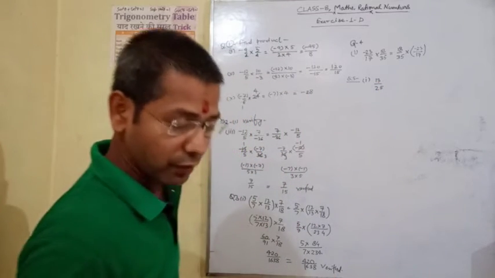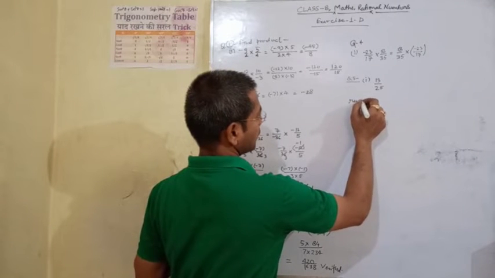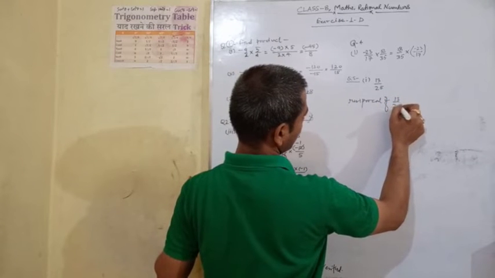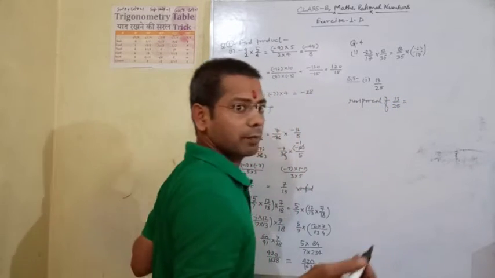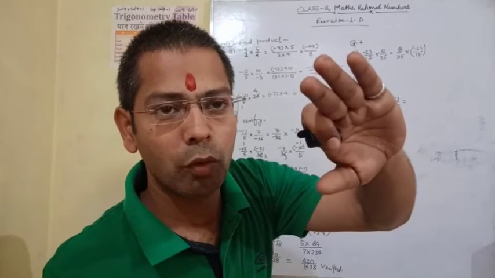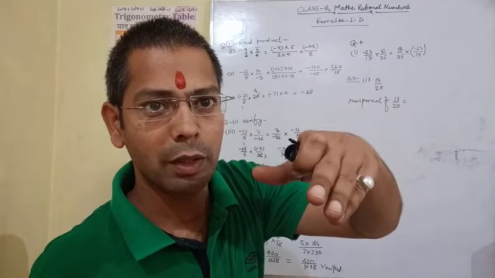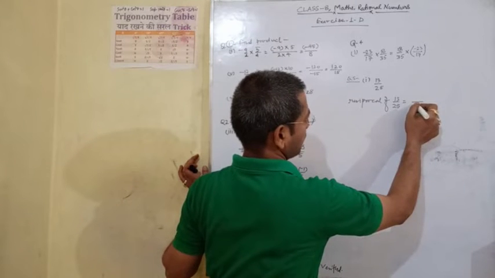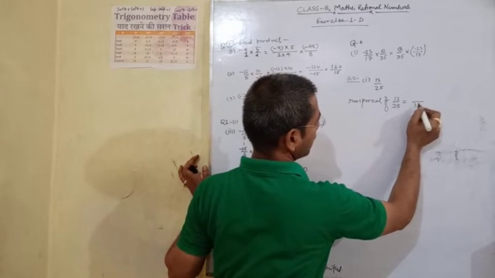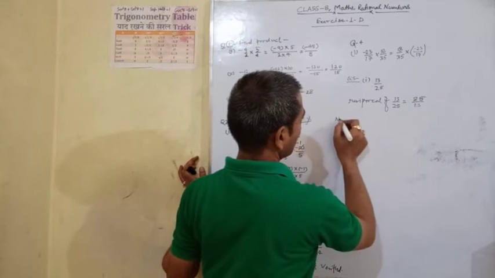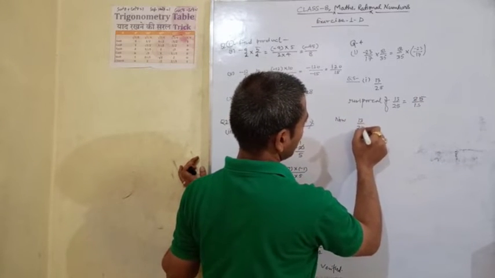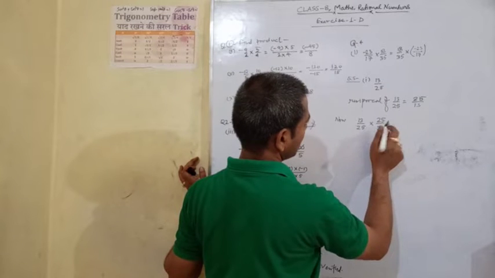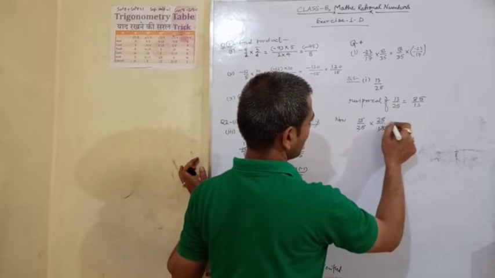13 upon 25. So we will find the reciprocal first. The reciprocal of 13 upon 25 is equal to what? What happens in a reciprocal? The numerator will go down and the denominator will go up. Change the place. 13 will come down, 25 will go up. Now 13 upon 25 multiplied by 25 upon 13 is equal to 1.